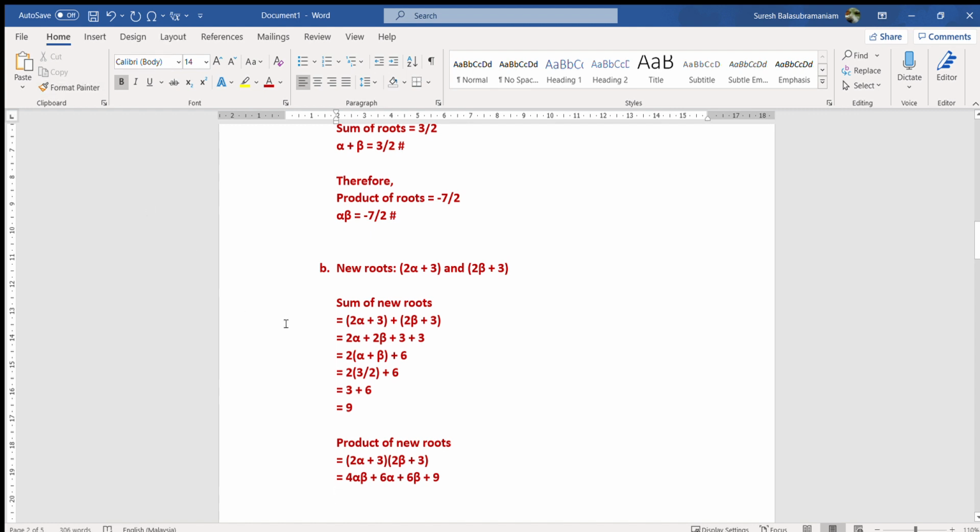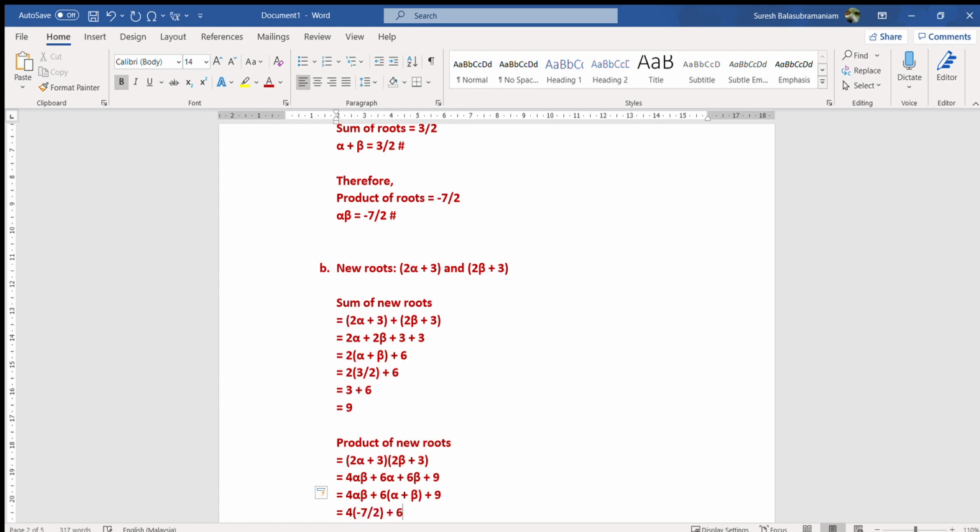Okay, I can factor the 6 out from the alpha and beta, so I have 4 alpha beta, same as before, plus 6, I factor out 6, so I get 6 alpha plus beta, plus 9. Okay, so this equals 4 alpha beta. Replace the value of alpha beta. We know alpha beta is -7/2, so 4 times -7/2